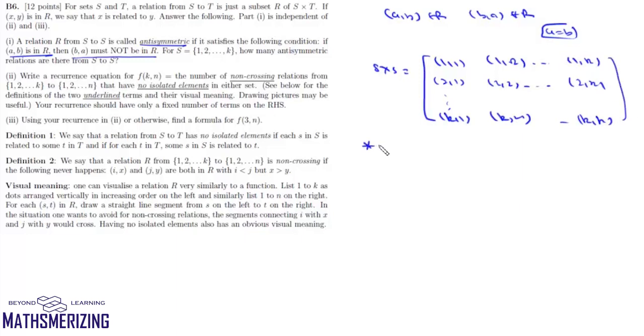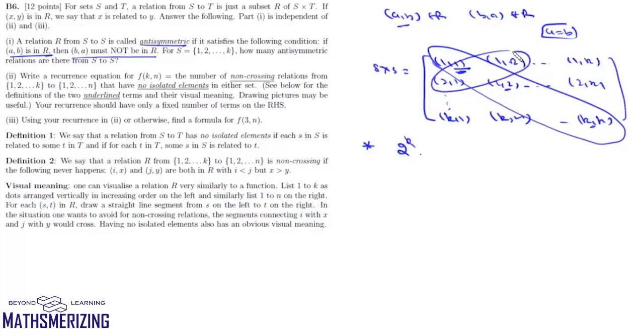Now in the traditional form of anti-symmetric relation, we can choose these diagonal elements. For each diagonal element, we'll have two choices. So it'll be two choices for (1,1), two choices for (2,2), and two choices for (k,k). So total choices will be simply 2 to the power k. Now for the remaining elements, we'll find how many pairs of (a, b) and (b, a) exist in this format. So total number of elements is simply k square, and we'll remove all the diagonal elements. It'll be k square minus k. And then in each pair we have two elements. So the number of such pairs will be (k square minus k) upon 2.